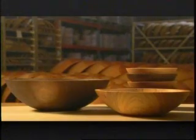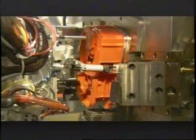Up next, high-tech production at a chainsaw